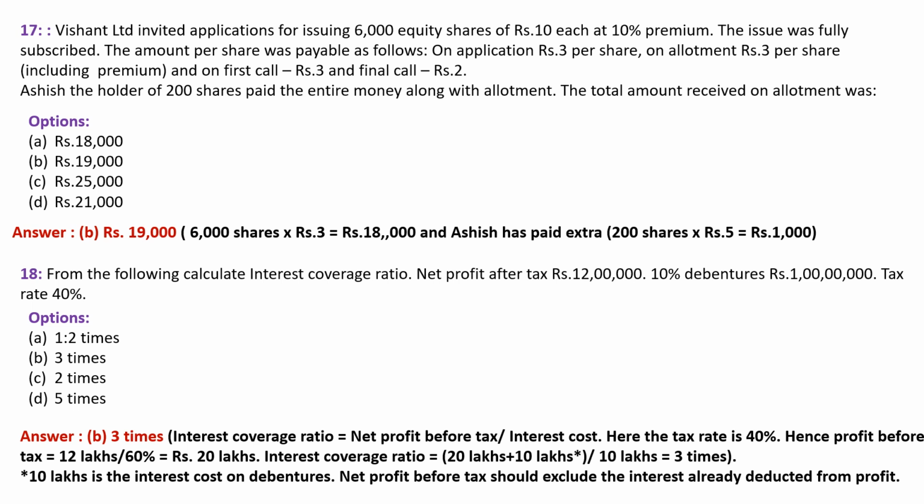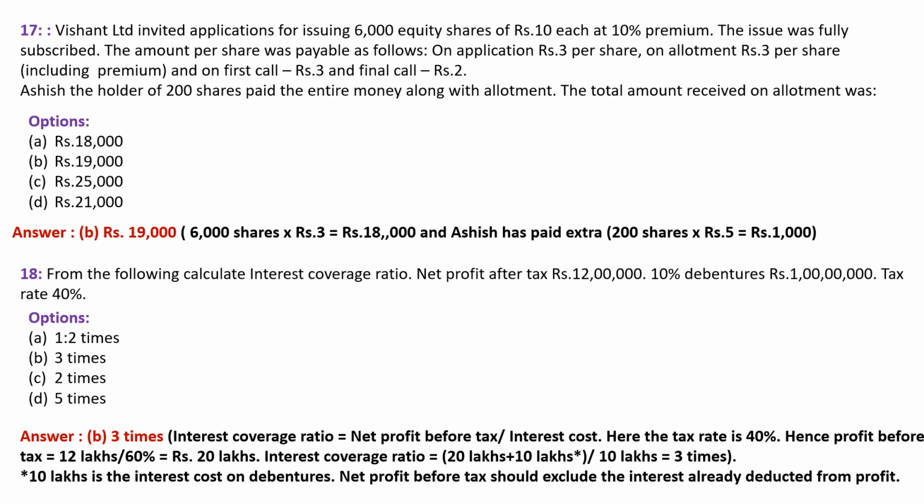The interest coverage ratio formula is net profit before interest and tax divided by interest cost. Here the tax rate is 40%. Hence profit before tax is 12 lakhs divided by 60%, right? Because after 40% tax, the remaining is net profit after tax. So 12 lakh divided by 60% is 20 lakhs. So the interest coverage ratio equals 20 lakhs plus 10 lakhs, because I have to add back the interest on debenture of 10 lakhs. Then only I will have the amount available for covering the interest, right? So 20 lakhs plus 10 lakhs, 30 lakhs, divided by